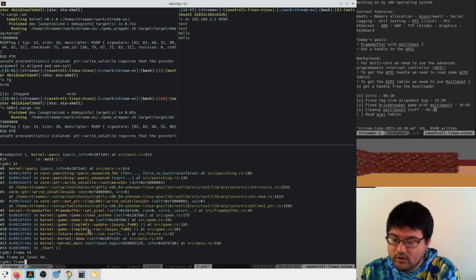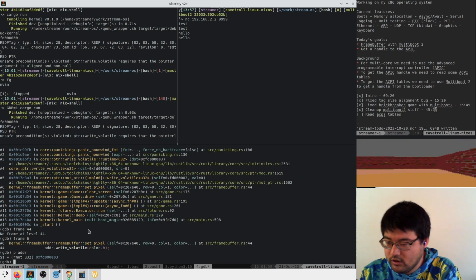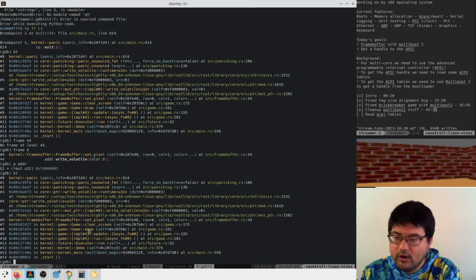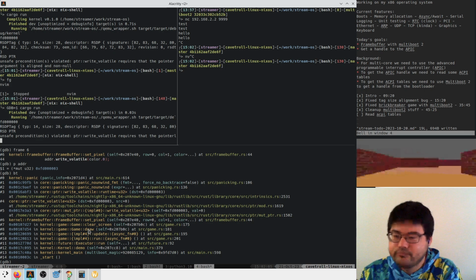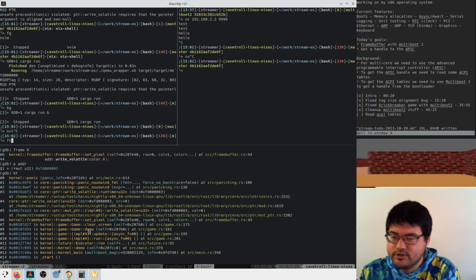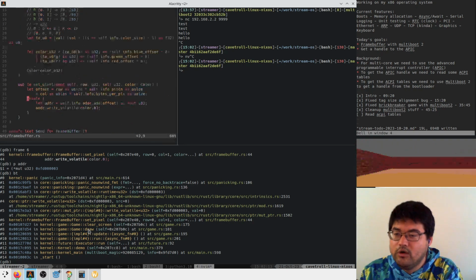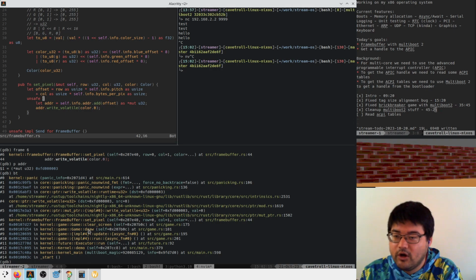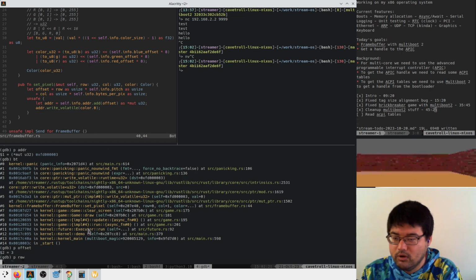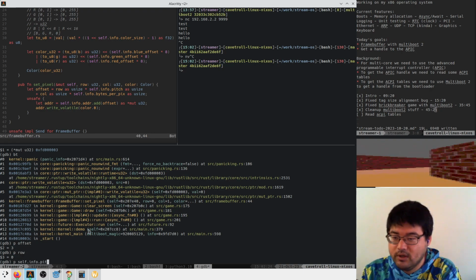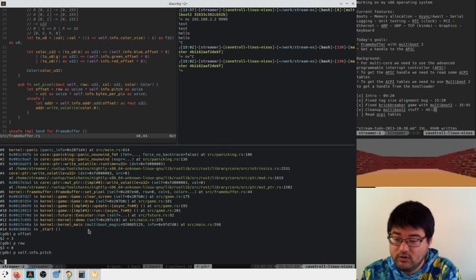So that's frame 6, and we can say, what address are we writing to? That's definitely not aligned. Okay, so why is that happening? Let's look at the code here. So here we're saying adder is something offset. So p offset 3, p row, p self.info.pitch. That's crashing for some reason.